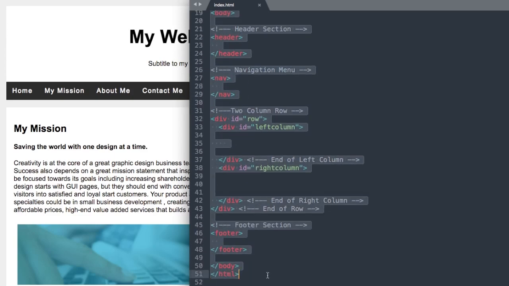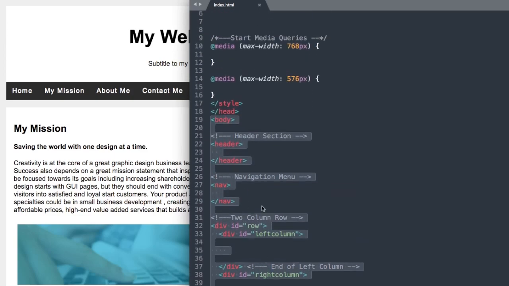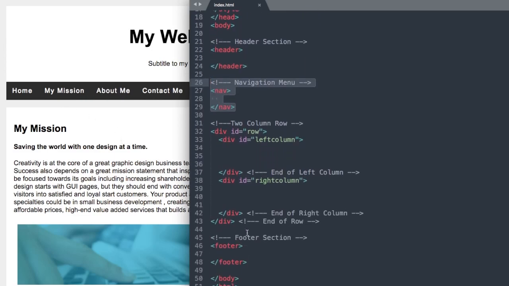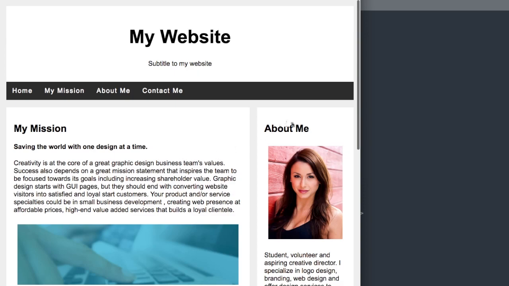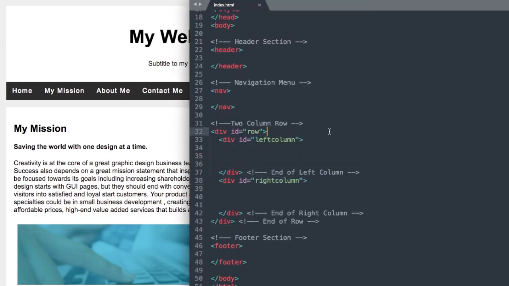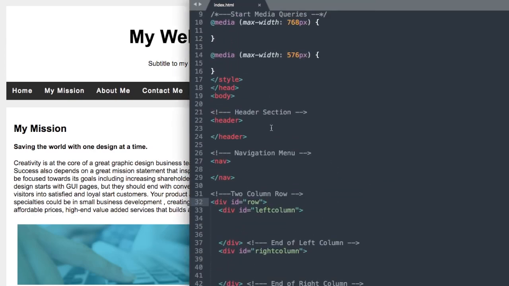and the mobile width. So underneath the head section, we have the body section here in the HTML document where we have the header section ready for us to fill out, and then we have the navigation section here, followed by the left column section of the page and the right column section. So this is the left column, and then we have the right section over here, starting with the About Me text at the top. Okay, so let's go back up, and we're going to start off in the header section